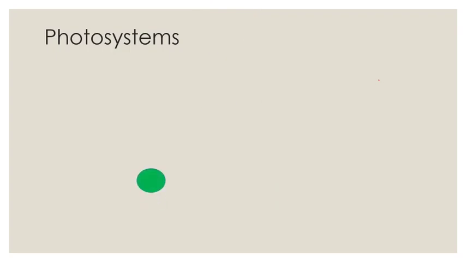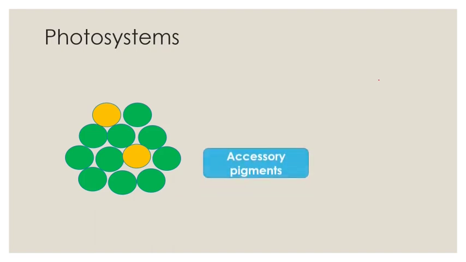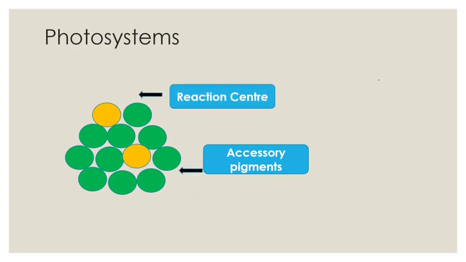Let us see how the photosystem works. Just imagine, students, this picture in front of you. These are different pigments. Suppose they are chlorophyll A, chlorophyll B, chlorophyll C, carotenoids, xanthophylls, and this bunch of pigments embedded on the membrane of the thylakoid form the accessory pigments, extra pigments. What is their role? You will see in the meanwhile. These are accessory pigments, and there is one pigment at the top. It is usually chlorophyll A, which acts as the reaction center.